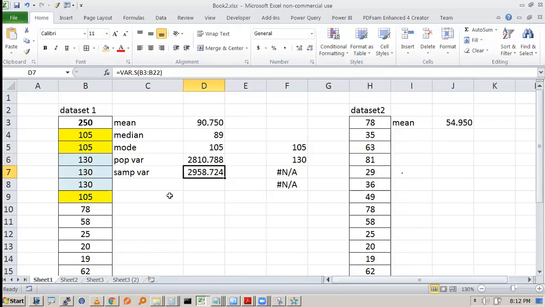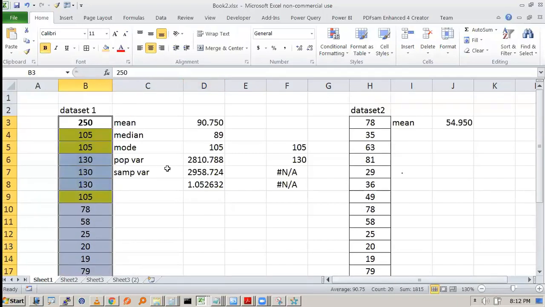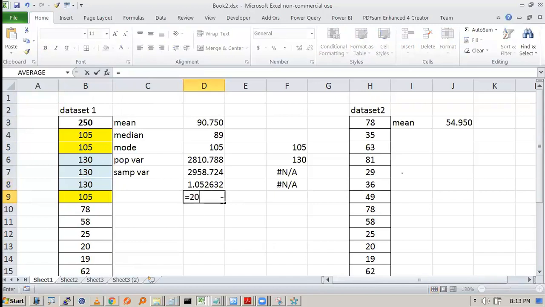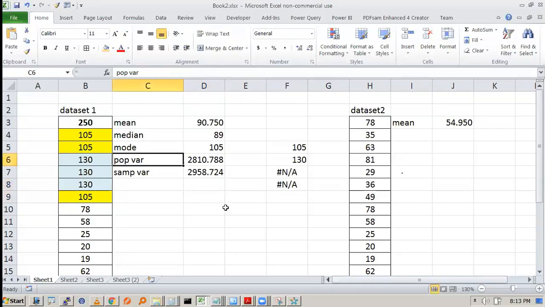Now, if I want to compute sample variance by population variance, it is coming as 1.05. Actually, this will be nothing but, you have to count how many numbers there are. So 20 numbers are there. In population we are using 20, in sample we are using 19. So if I divide 20 by 19, I will get the exact number. See, 1.052. So statistically you will compute it.